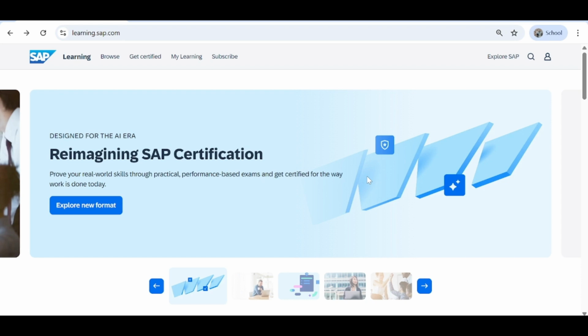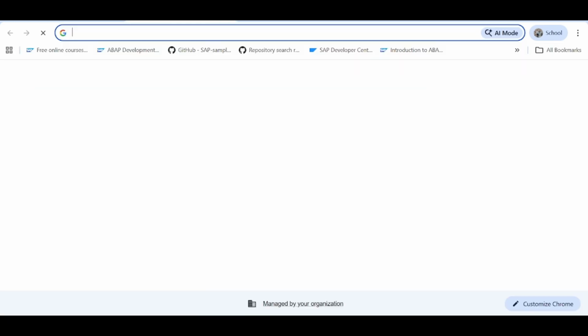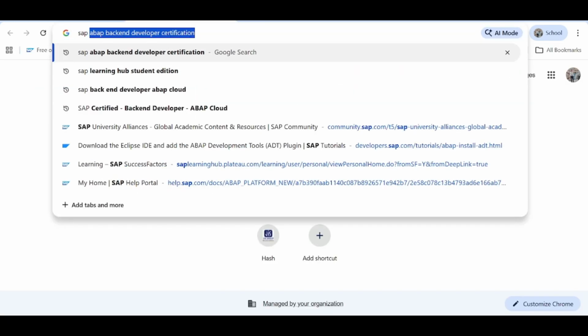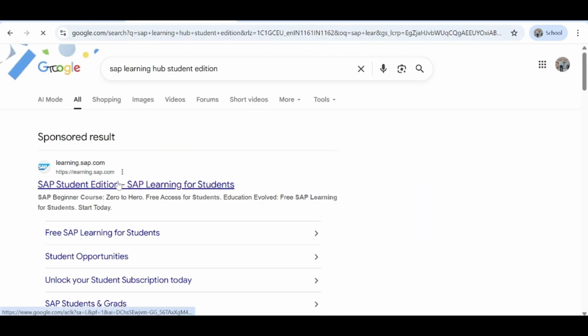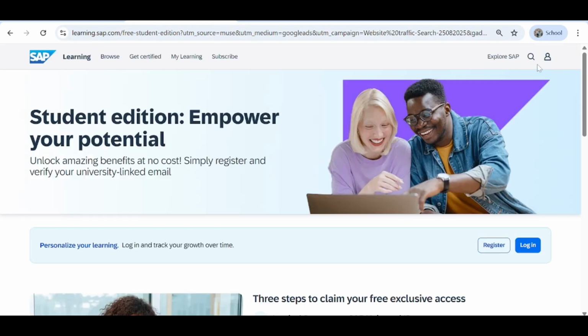first log in to SAP Learning Hub. In any browser, just type learning.sap.com, or search for SAP Learning Hub Student Edition and press enter. Click on the first link, and in the top right corner, you can find